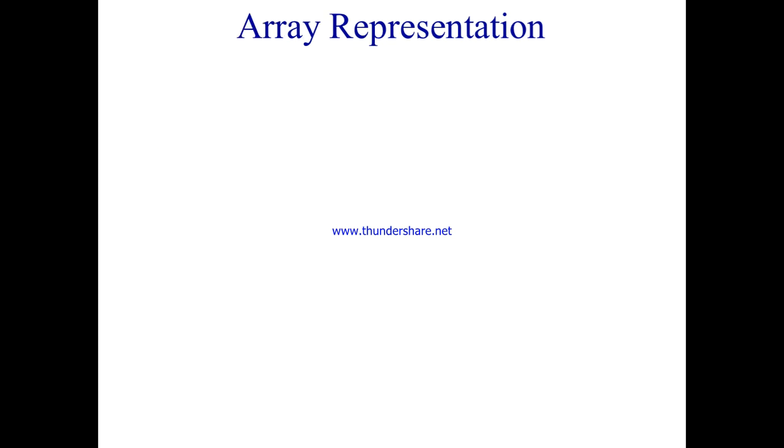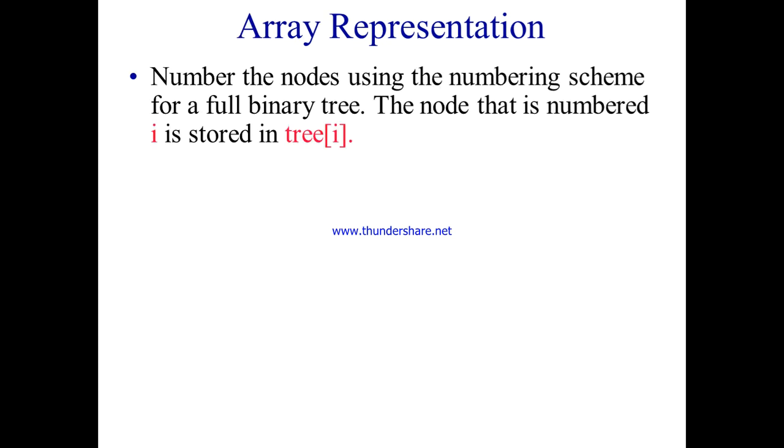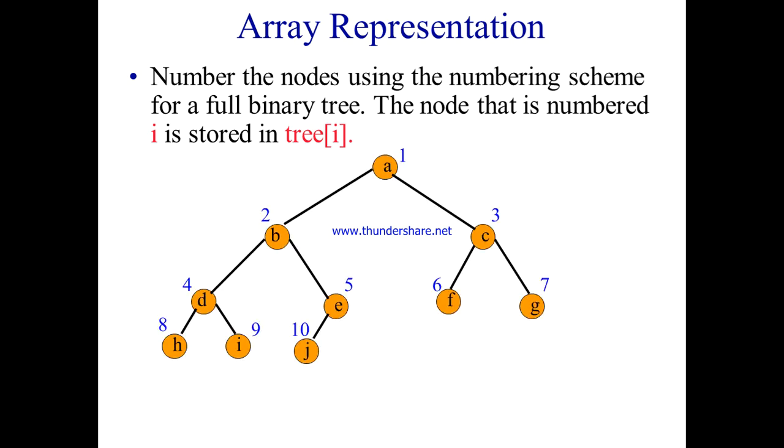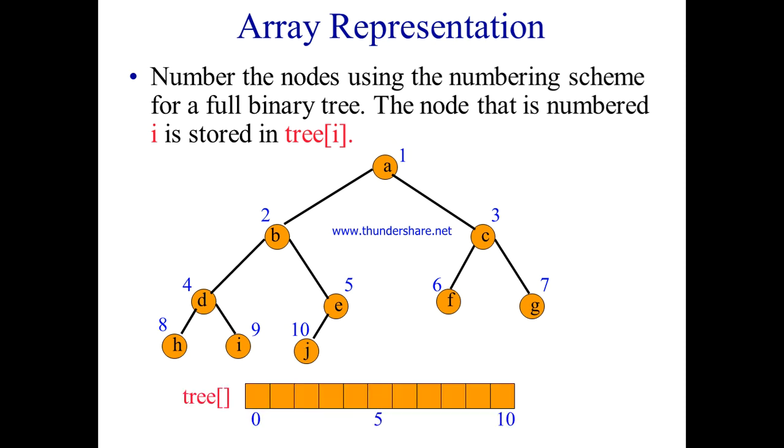Now first we go for array representation, how it will be. So that is, we are going to have the tree numbers from what? 1 to n. Okay, so here we take a tree, like this is one example tree. So we are starting with the root node that is numbered as 1, 2, 3, 4, 5, 6, 7, 8, 9 and 10. So this is a tree with what? 10 nodes. So how do I represent this? I will take an array. So 10 nodes means I should have from 0 to 10.